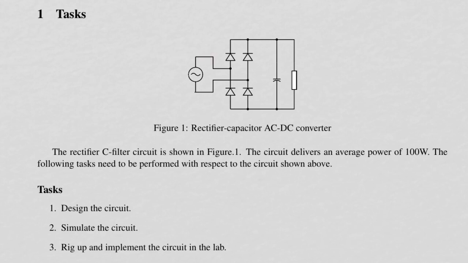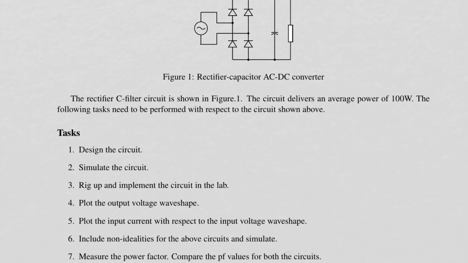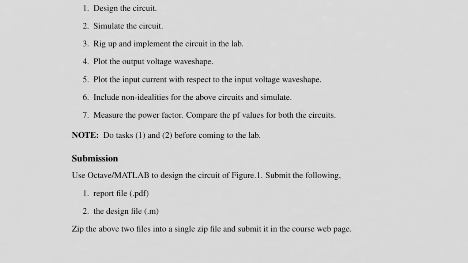How do you calculate the power factor? It's a non-linear circuit, and the wave shape is non-sinusoidal. Of course, you could use the harmonics, and from the total harmonic distortion, you can calculate the power factor. But you will need a spectrum analyzer for that. So let us discuss sometime next week how to measure the power factor from the oscilloscope. We will discuss this in more detail in the next week's discussion.